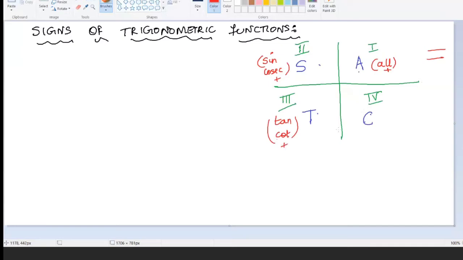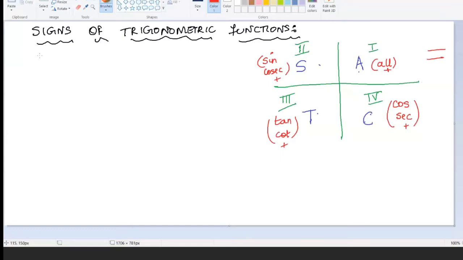And in the last one, who is positive? C stands for who is remaining? Cos and its reciprocal secant are positive. I hope this idea is clear. Then about the allied angles, I will come back once again to this quadrant. Now, in the side, if you have written this, below that you can write